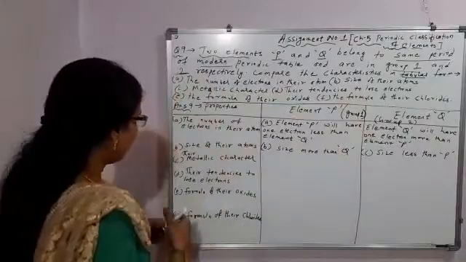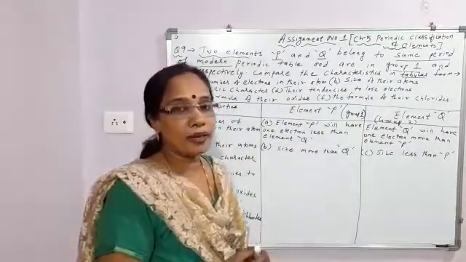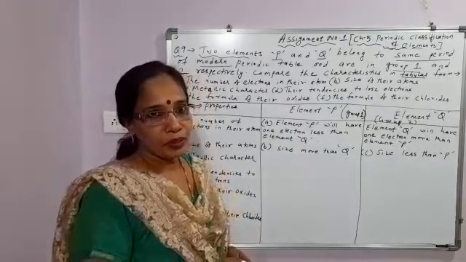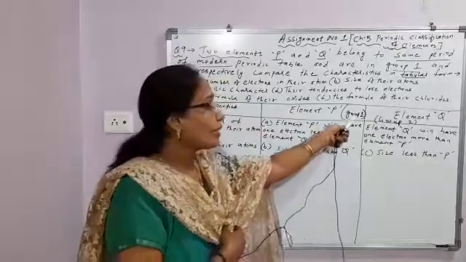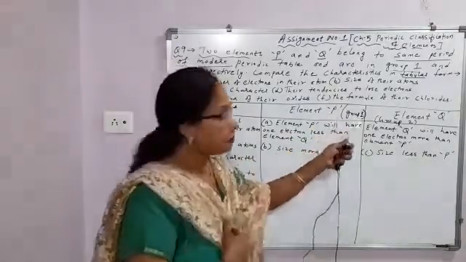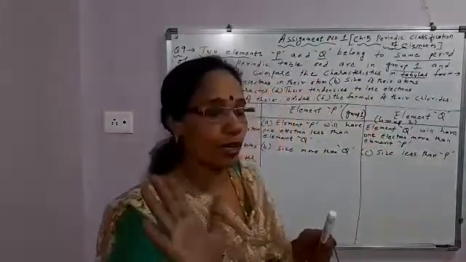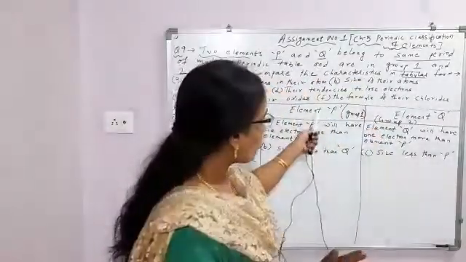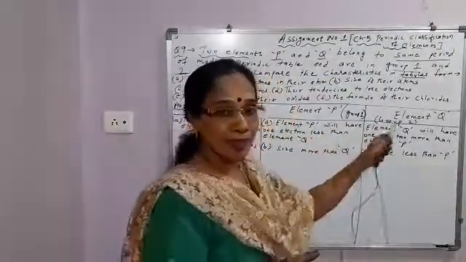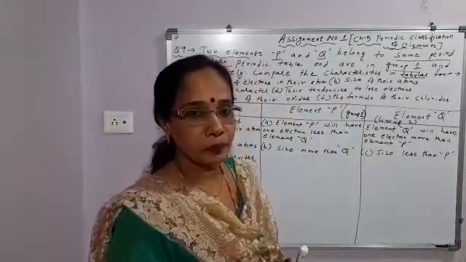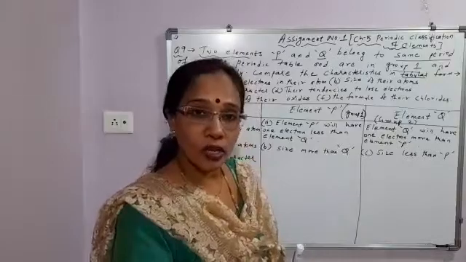Okay. Next, their metallic character. Metals lose electrons and form positive ions. As P belongs to group 1, how many electrons will be there in its outermost shell? 1. Here Q belongs to group 2, so how many electrons in the outermost shell? 2. This you can guess. So outermost 1 electron here, outermost 2 electrons here. And both belong to the same period, means the number of shells is the same. So 1 and 2 electrons in their outermost shell means they will lose electrons and form positive ions.